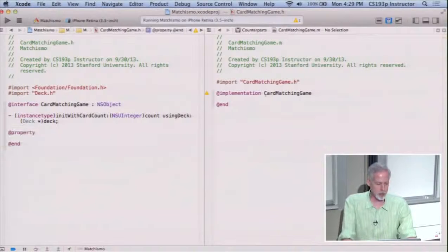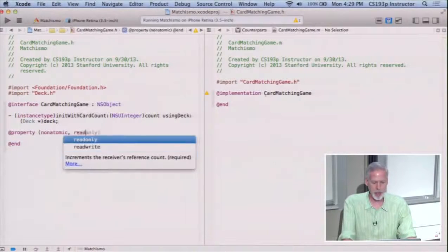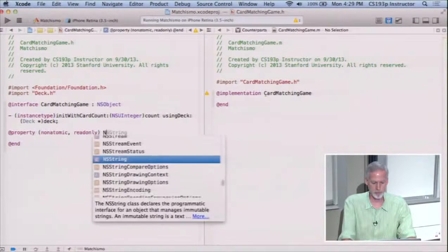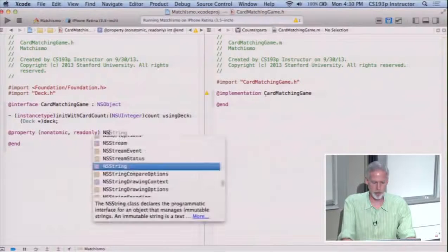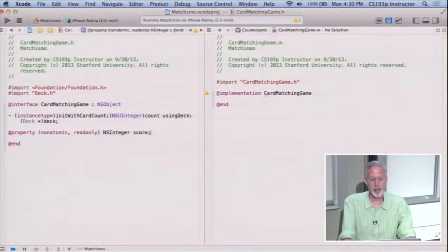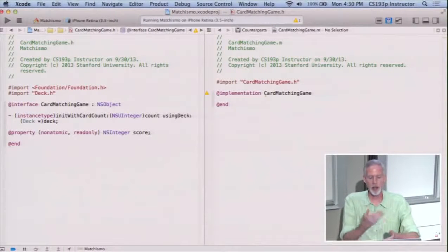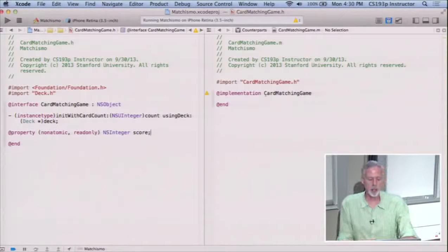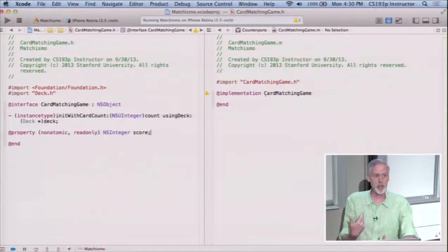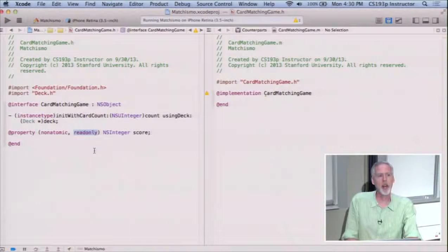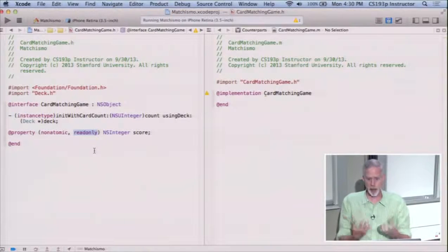Well, it's a game, so I think it should have a score. We'll say NSInteger score. And again, NSUInteger versus unsigned int and int is kind of a style thing. I used NSUInteger above, and I'm going to use NSInteger to be consistent here. My score could be negative, possibly, so that's why it's not an NSUInteger. And notice I made this property readonly. It's the first time we've seen that. And why is that? Well, that's because I'm the game